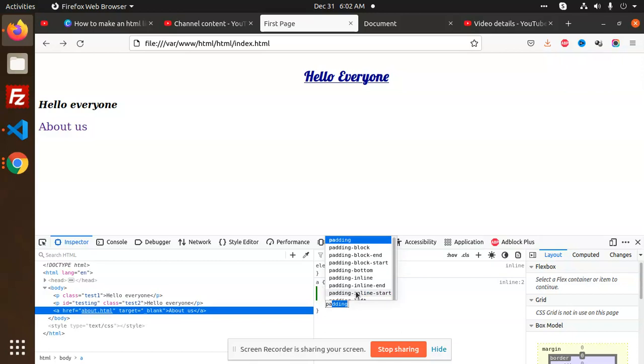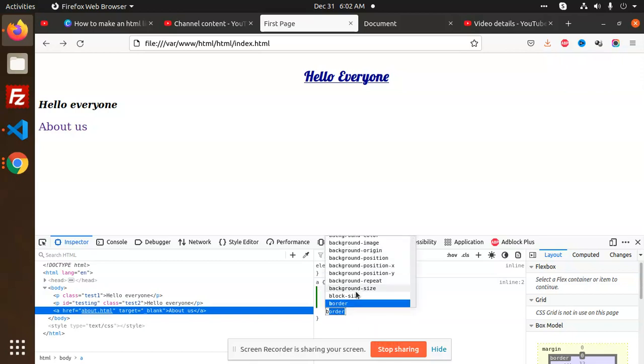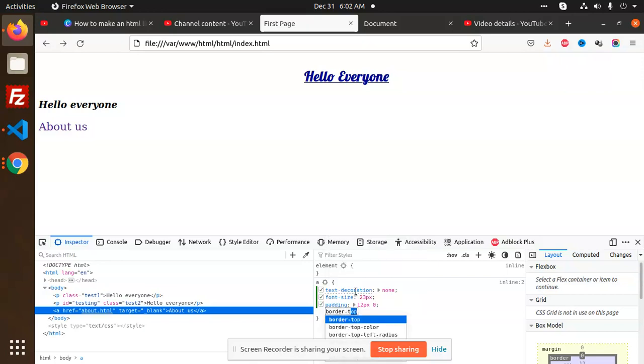Adding padding, you can add 12 pixels. Border, a border of 1 pixel solid. Let's add border 1 pixel solid, right?